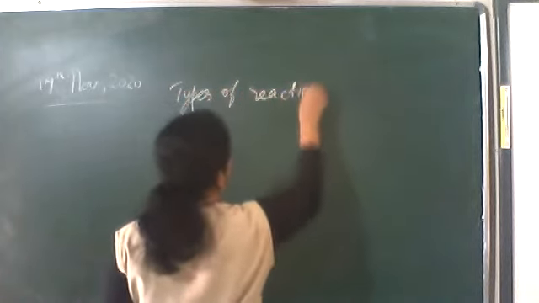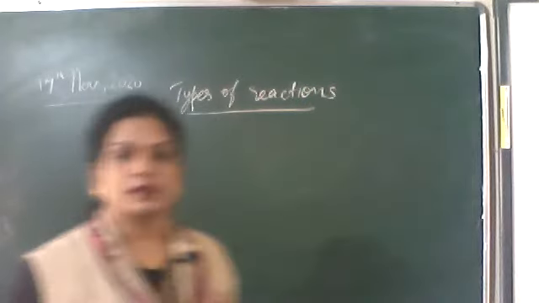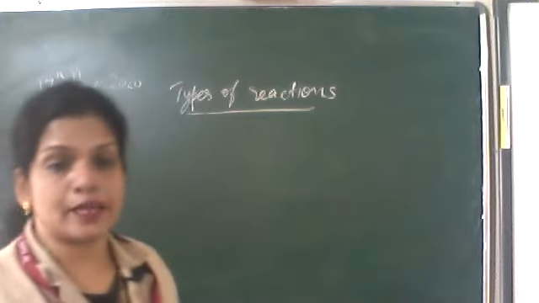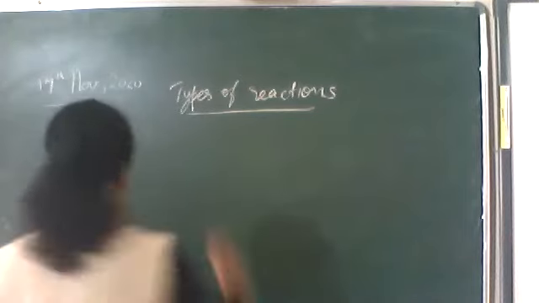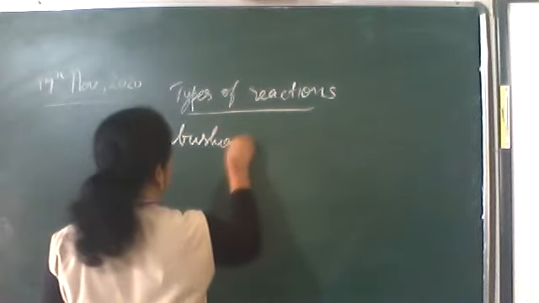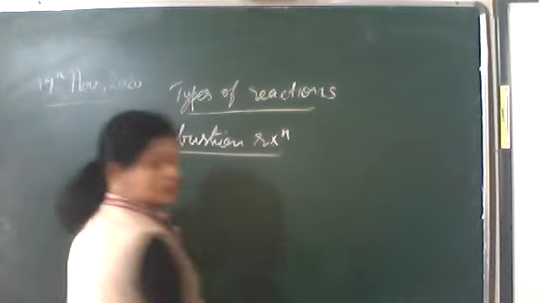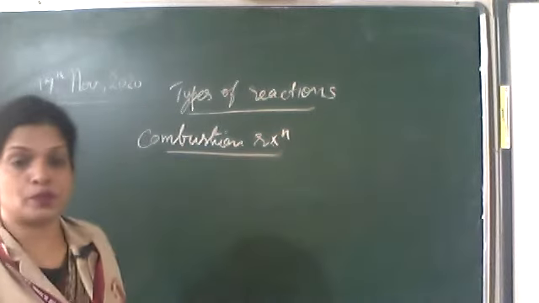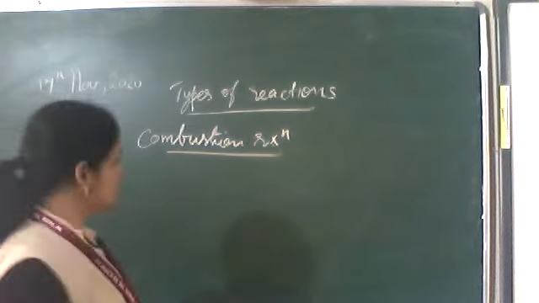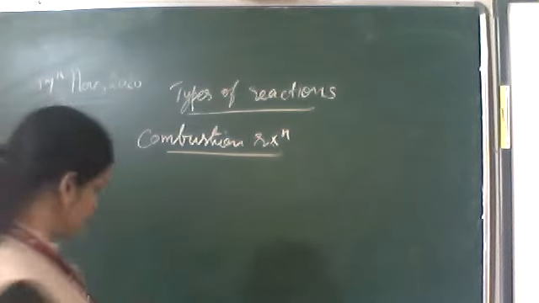What are the enthalpy changes in different types of reactions? Types of reactions, first type, that is combustion reaction. Combustion, last year you learned burning. Combustion means burning. Combustion, for us it is hydrocarbon burning or any compound burning. For example,